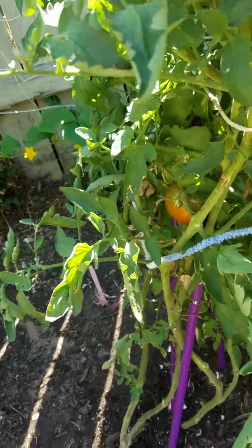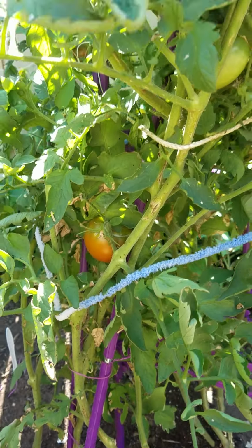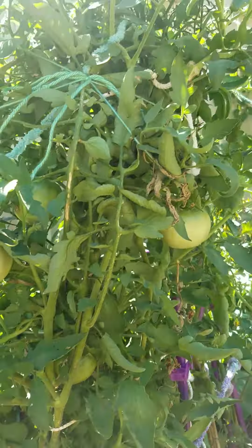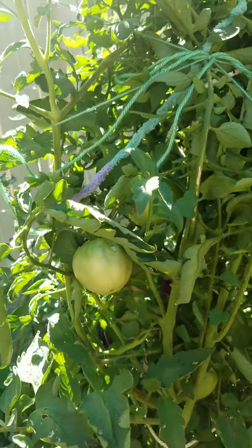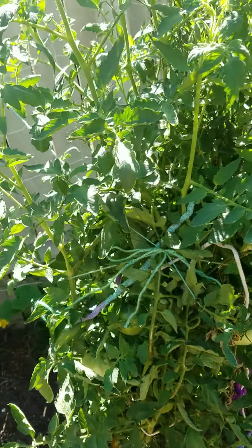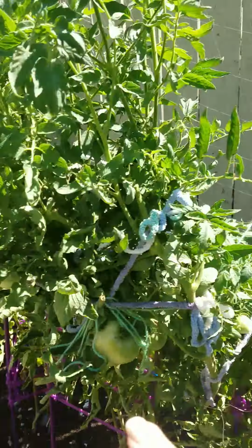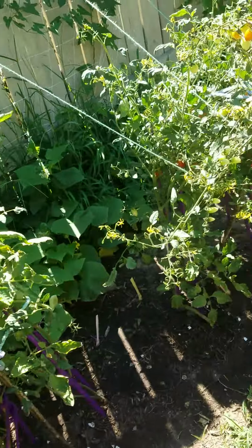Okay, here's a couple more. I think these are heirloom too. Let's see, there's a lot of them there. And they've grown very tall. They're probably 5 feet tall, this one especially, or these 3. And then these